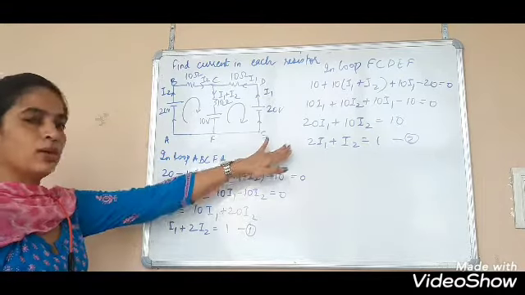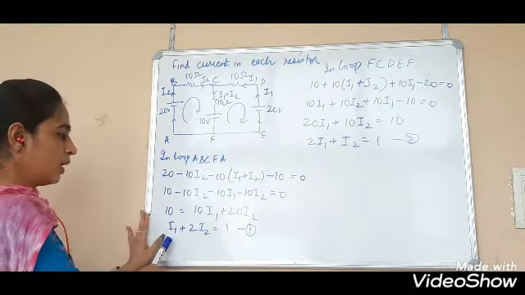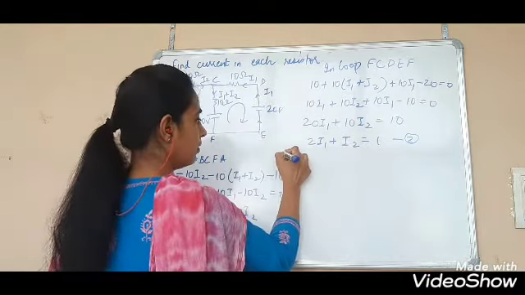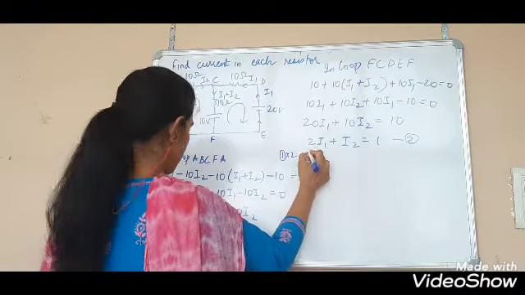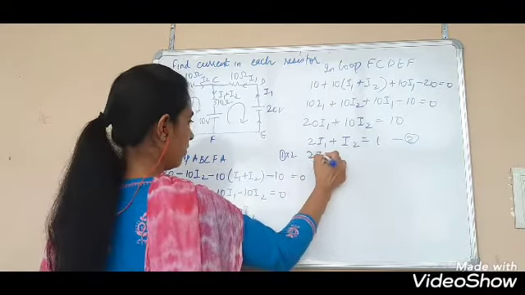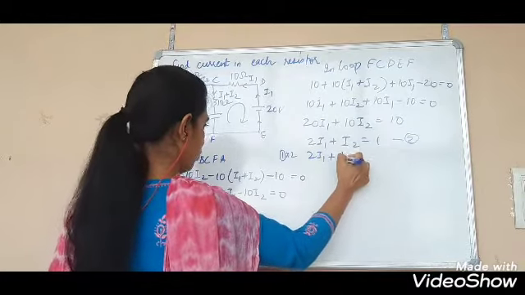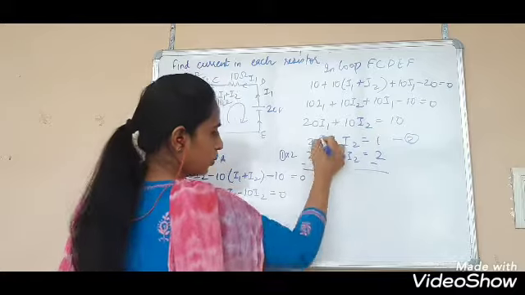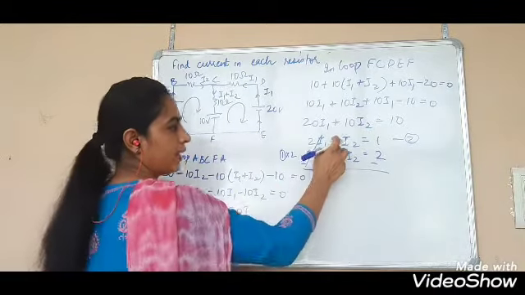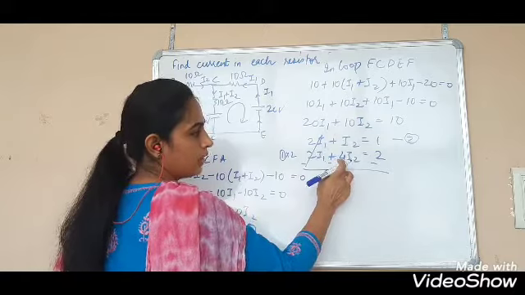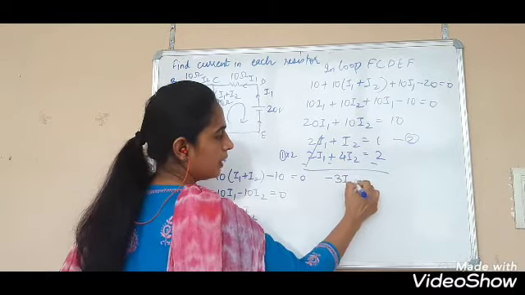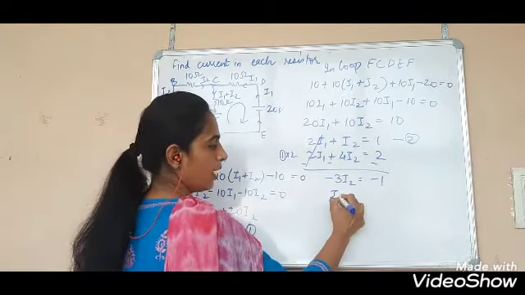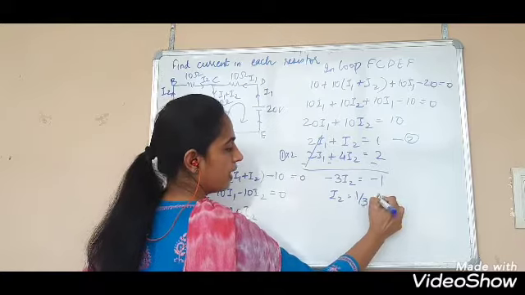Now you have these two equations, solving them simultaneously. You can multiply the first equation by 2 and subtract. So 1 into 2, and subtracting: 2 I1 plus 4 I2 is equal to 2. 2 I1 minus 2 I1 will get cancelled. This is I2 minus 4 I2, that is minus 3 I2 is equal to minus 1, minus 2 plus 1. Okay, so I2 is equal to 1 by 3 ampere.